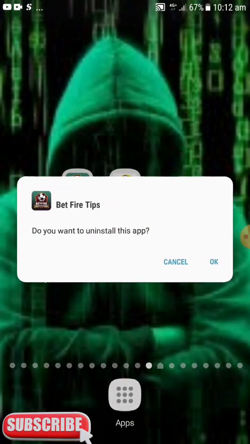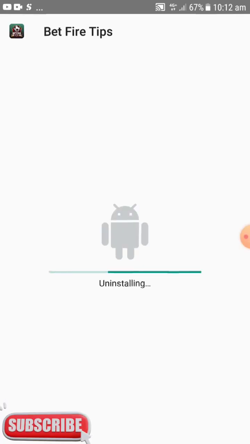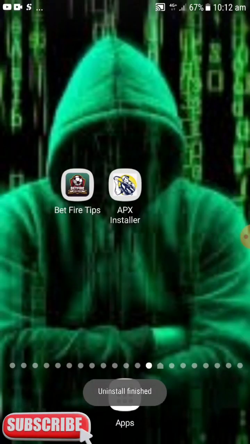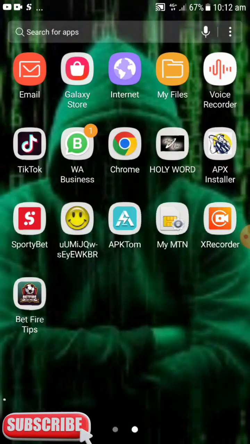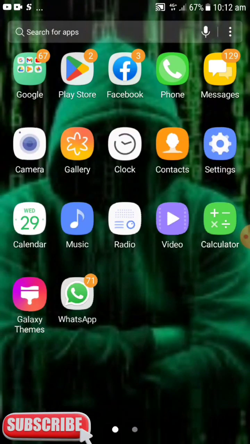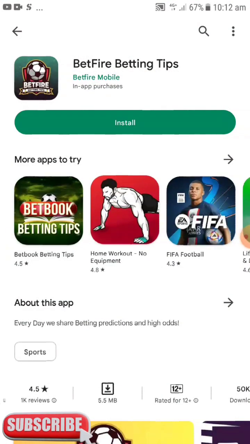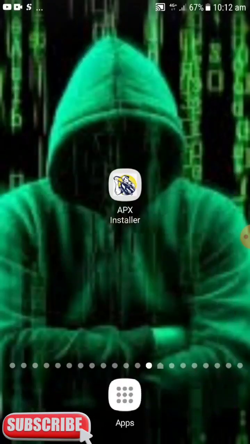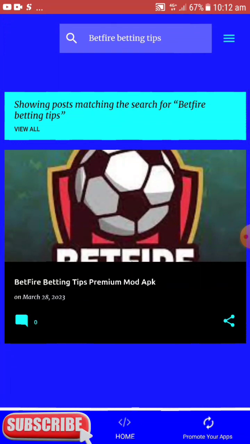one. So we have to install it as usual. So uninstall, finished. Now we can proceed to our APX Installer, which we can download the already hacked Fire from. So as usual, we search for it and we have the result as shown, and we are going to install it,